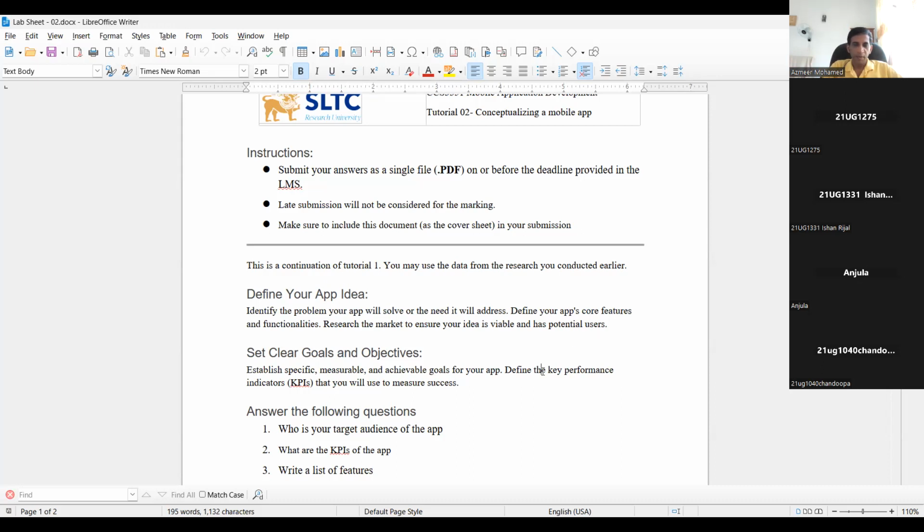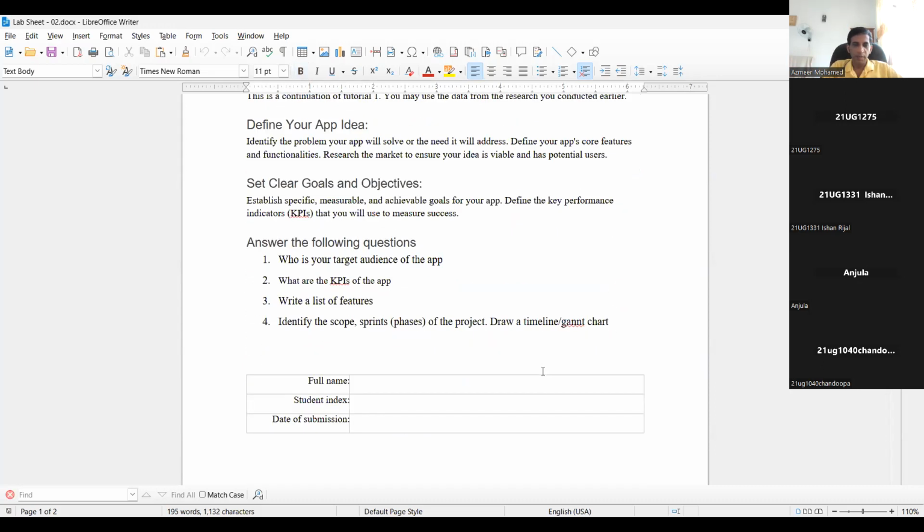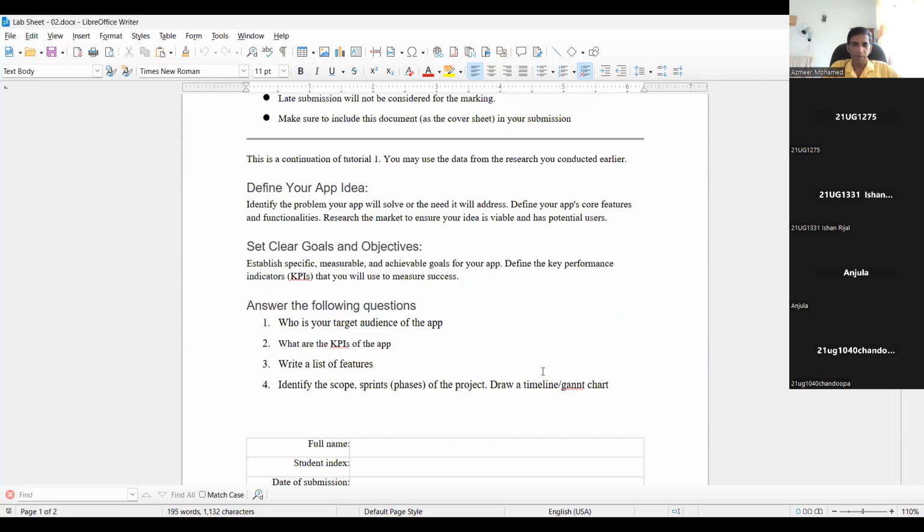And then, who is your target audience? Who would use this app? And also a list of features, list of KPIs, and then identify all the features, right? When you say a scope, there are two things here. Now, you might have 100 features, but with the limited time and resources, you can't do all 100, which is fine.